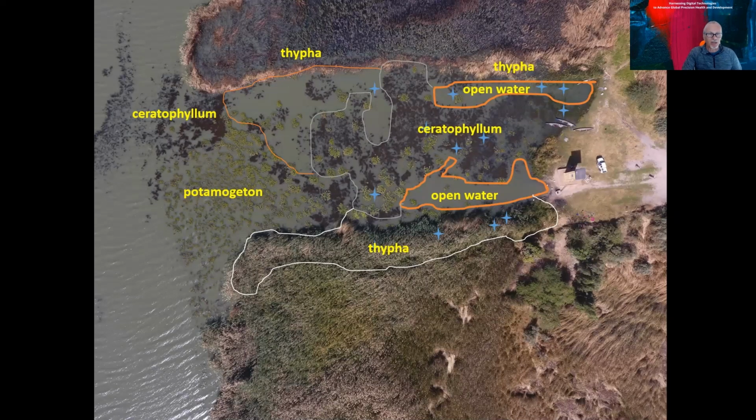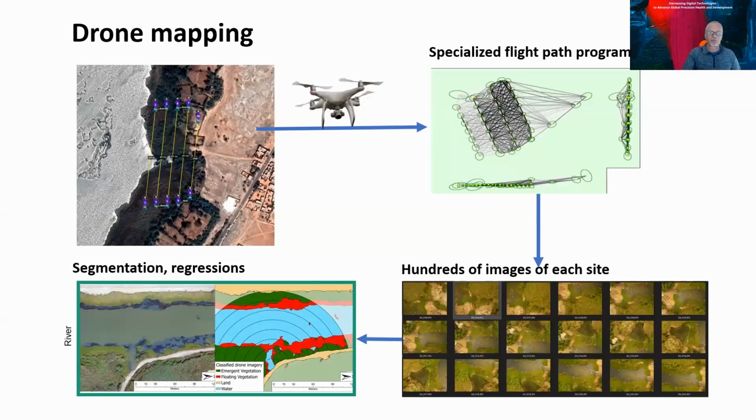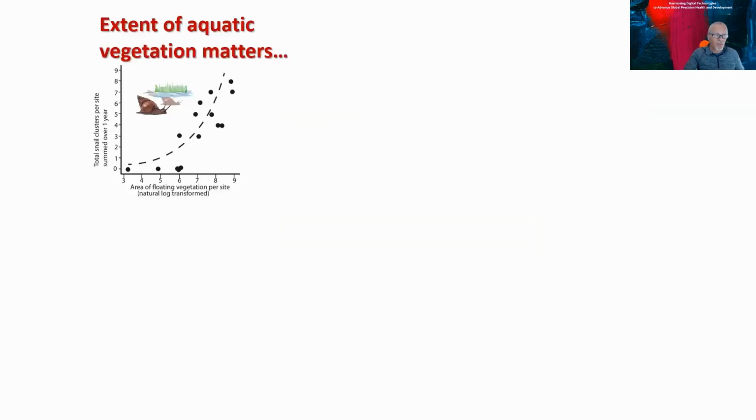So we decided to move from these occasional observations to a systematic flight plan of a series of overlapping drone photos that we took at every water access point about 50 to 80 meters above the ground level. I will spare you some of the technicalities and details, but we took hundreds of images. We segmented them to identify how much vegetation there was at different areas. And this is what we found.